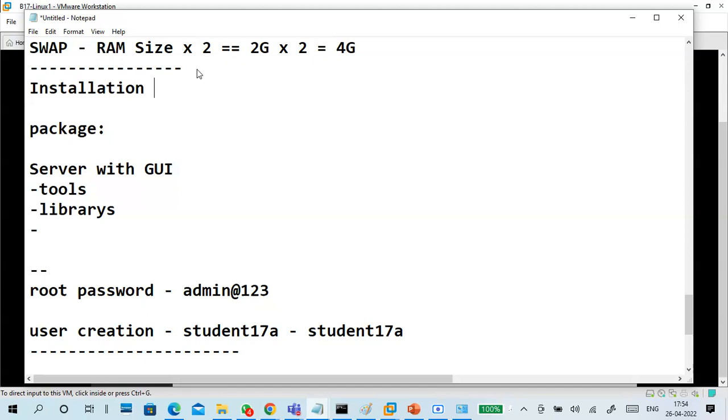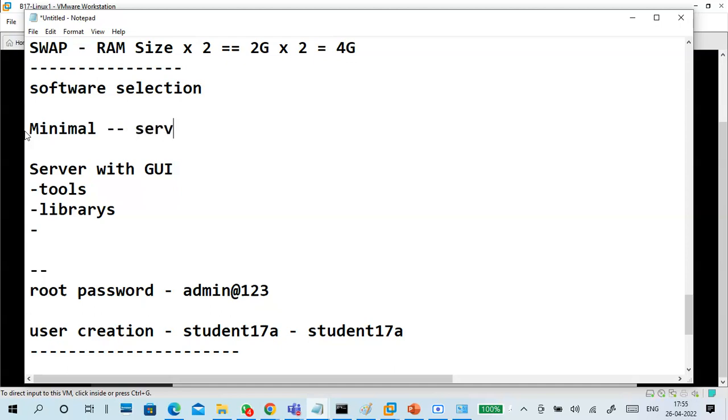Okay, installation source, not source, installation software selection. Software selection. It is already the minimal. Okay.